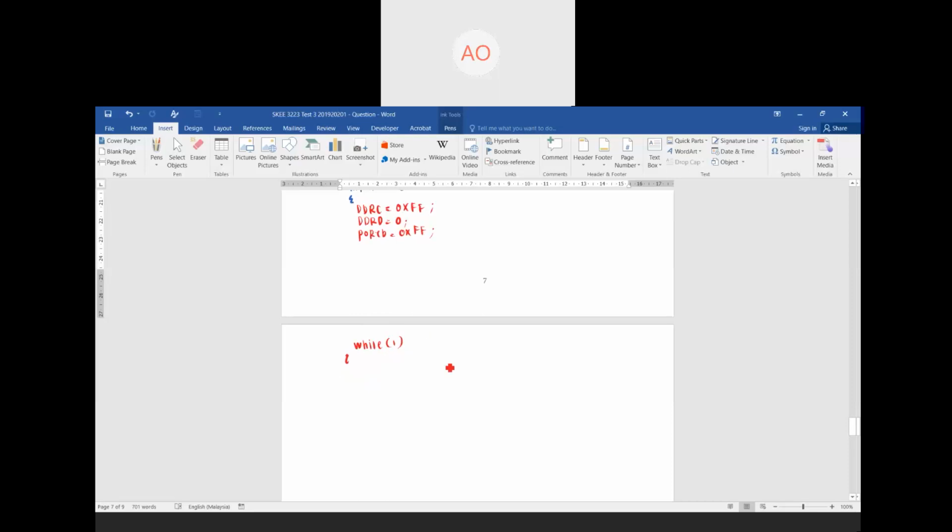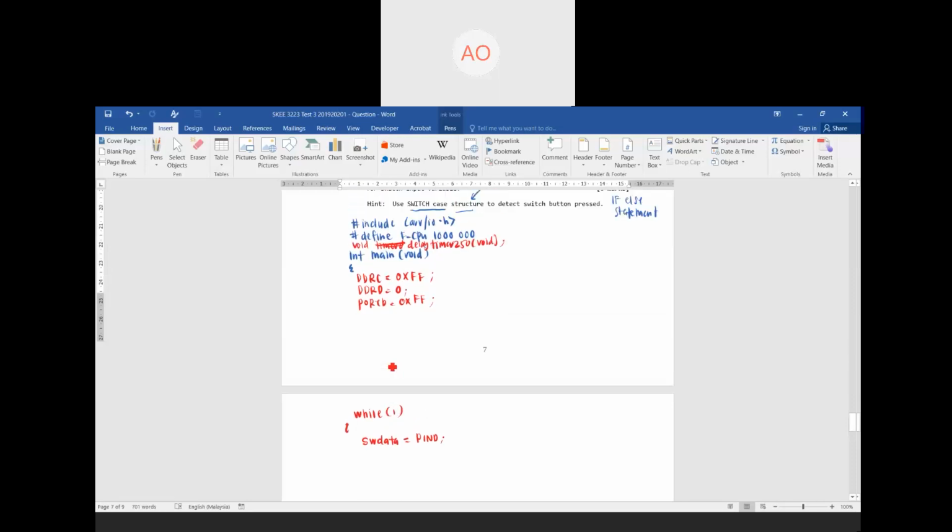Okay, so you use a variable called SW data, for example, switch data. So switch data equals pin D. Okay, so you read the data. You read the value from your pin D and put it into your temporary variable called SW data. Okay, and then what are you going to do? After that,